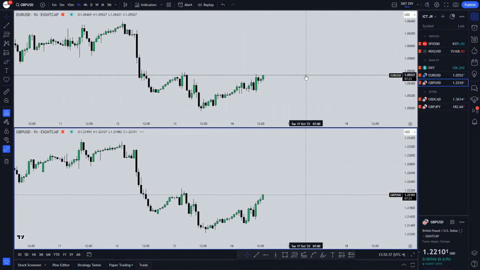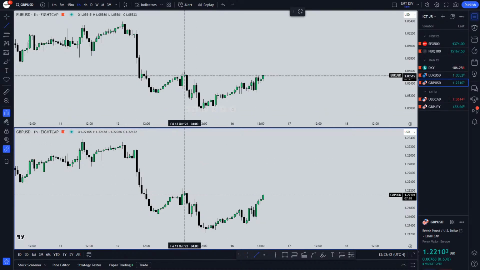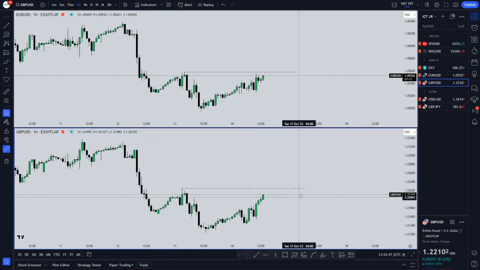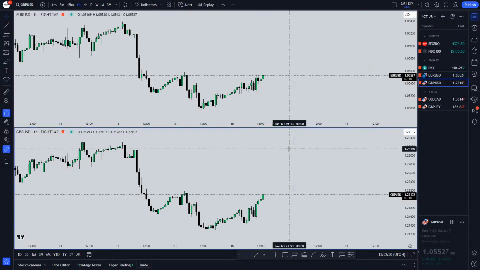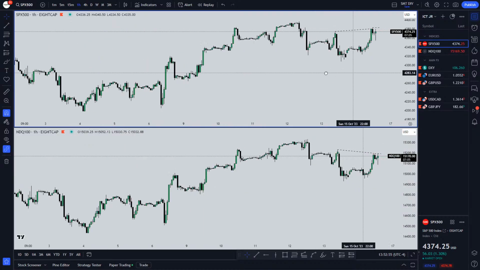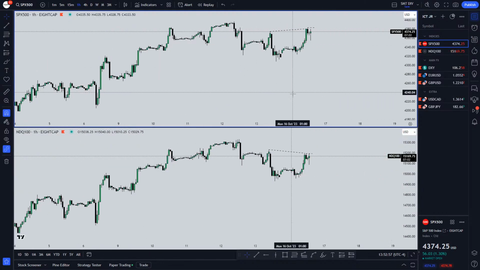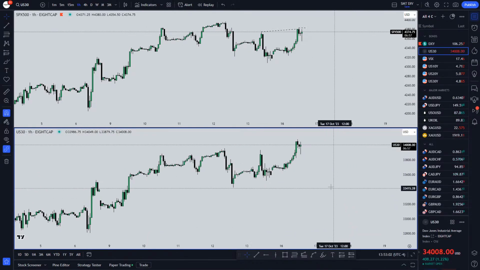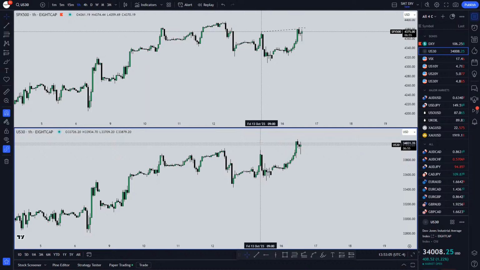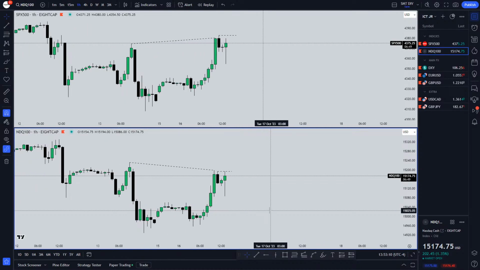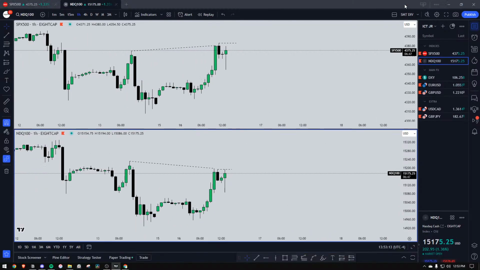Let's look at this one right here. So we're almost about to take out these highs. This high right here. Clean my charts. I feel like I should add US 30. I don't like using it though. Let's see it though. Okay, so NQ is the weakest one right now. They usually move in tandem with US 30 and SPX.